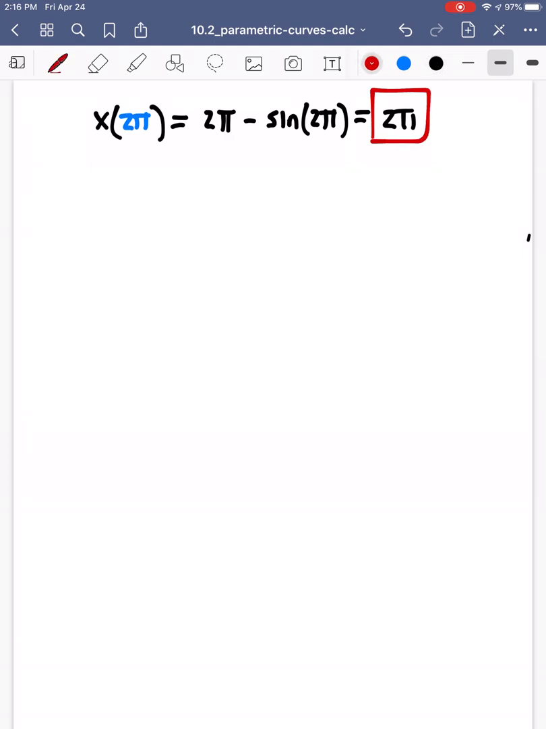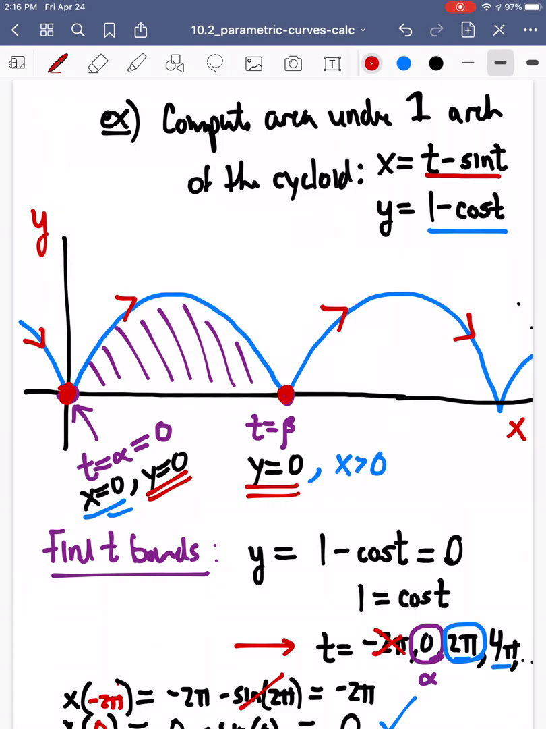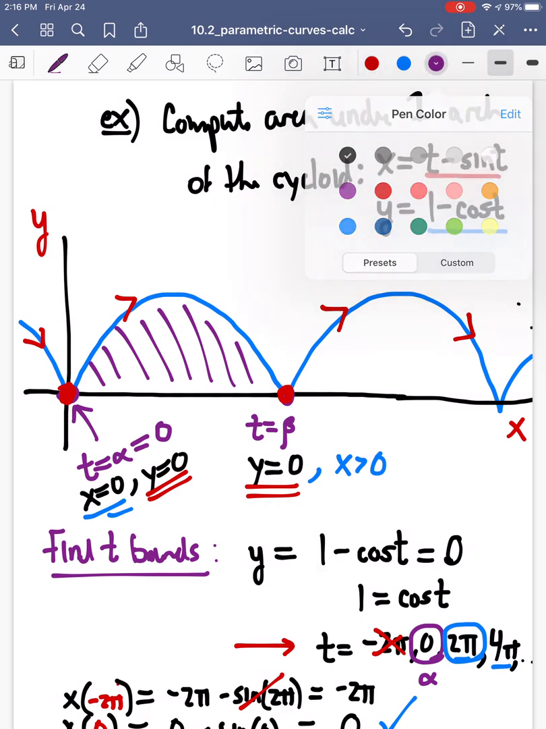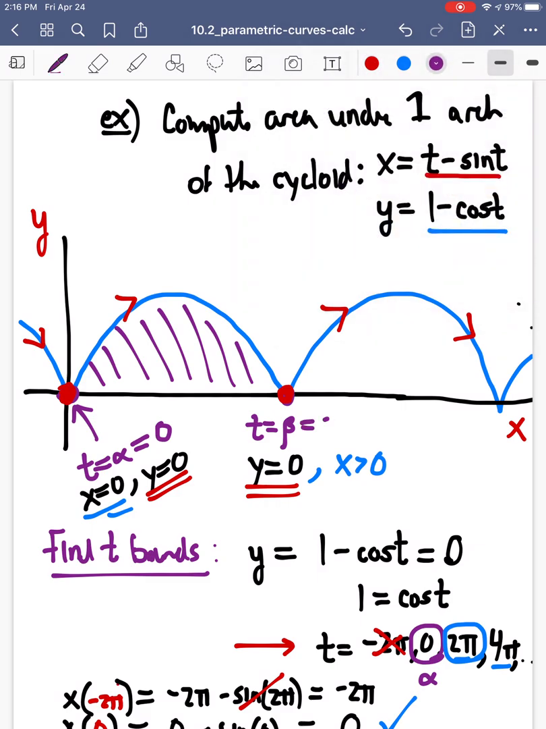So when we evaluate our x function at 2 pi, we get 2 pi minus sine of 2 pi, which is 0. So this is equal to 2 pi. And what can we say about 2 pi? 2 pi is greater than 0. And if we wanted to be sure that this was the next t value that actually lands us at this value here,